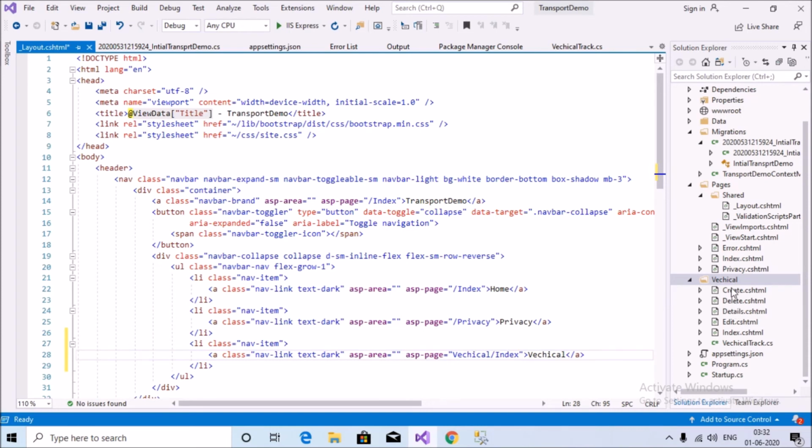My folder is vehicle and the new model is vehicle, so simply put here vehicle and the index file of this module like that. Control S.